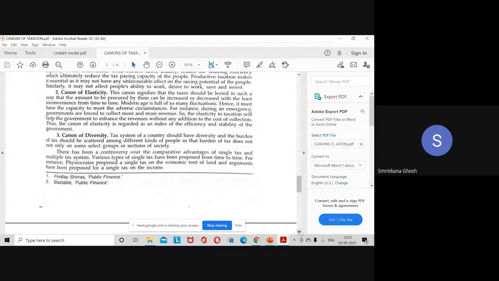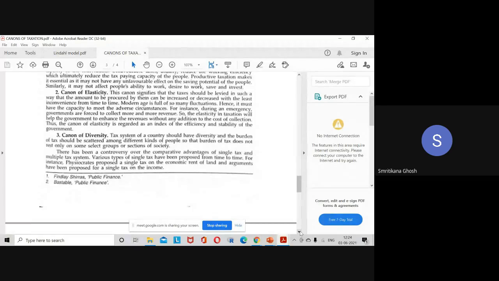But what happened? If it is a single door like this, then if it fails somehow, you can understand the revenue will be zero for the government first, and second, there is a high chance that people are able to escape. [...] customs duty, income tax. So somehow that person has to pay the tax.